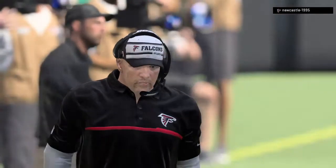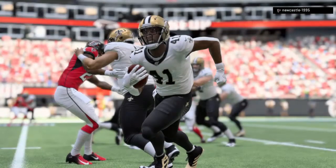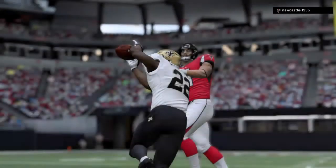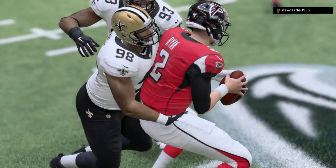So this one, a victory here for New Orleans. And I think the game balls need to be distributed on the defensive side of the football, and I bet that you would agree. Yeah, if you hold a team under 10 points, that's a job well done. Really well done. So I would say